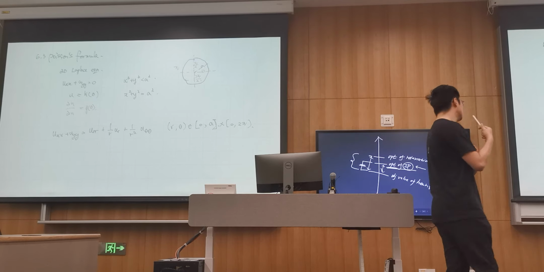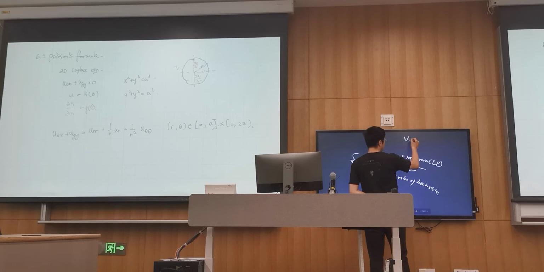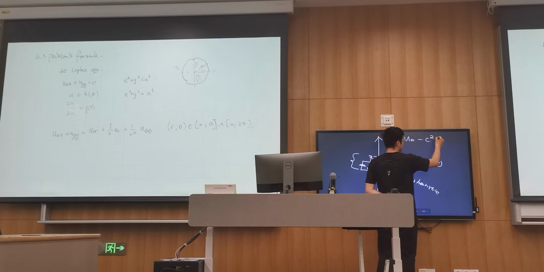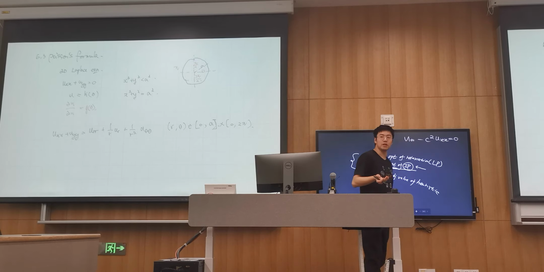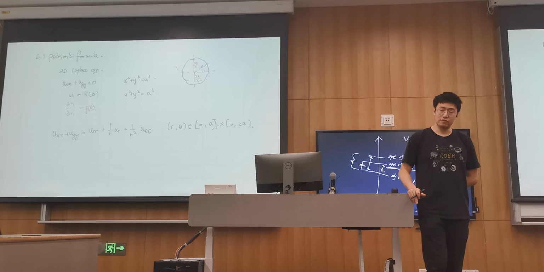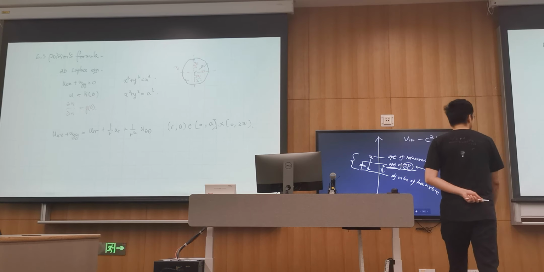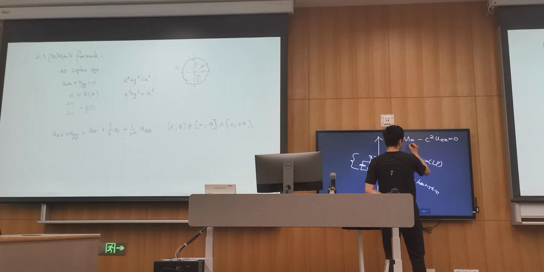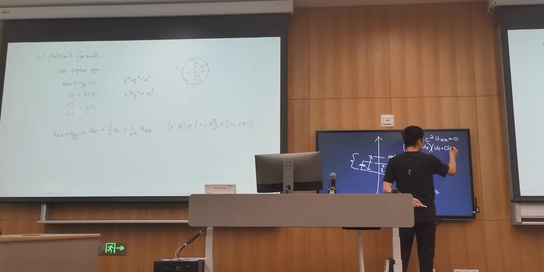So what did we exactly do when we were trying to solve u_tt minus c squared u_xx equals 0? What did we do at the very beginning? That was factorization, right? We found a way to factorize everything. So let's say here, it is actually something like (∂_t minus c ∂_x)(∂_t plus c ∂_x) u equals